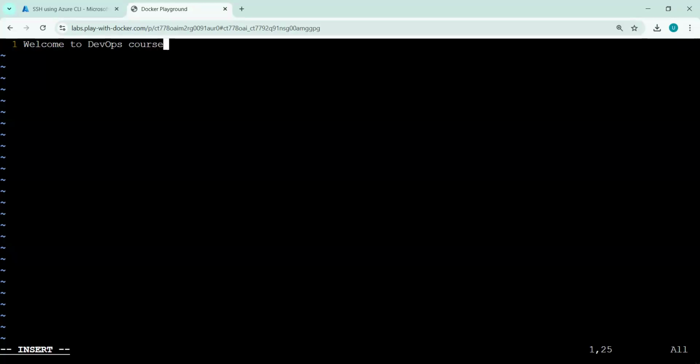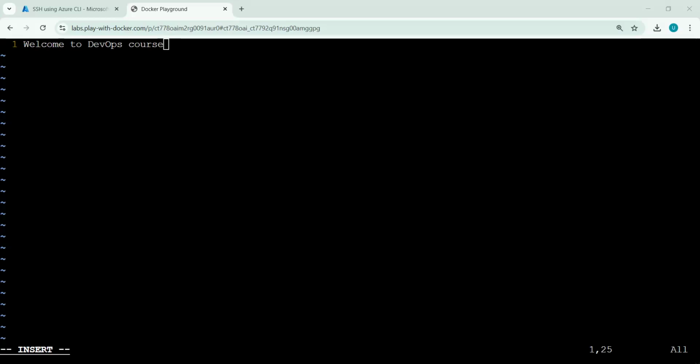And how can I save this file? Yesterday we learned it. Let me know who remembers. Yeah, Shital, you are right, you gave the answer as i for insert mode. Now I want to save this file and exit. What is the command to save and exit? Perfect answer, Naneshwari. Shital, perfect answer. Tejas, you are also right. You said wq and exclamation mark. That exclamation mark we use when we have to forcefully quit. If we are getting any error, then only we use the exclamation mark. Otherwise, we don't need to use wq exclamation mark.